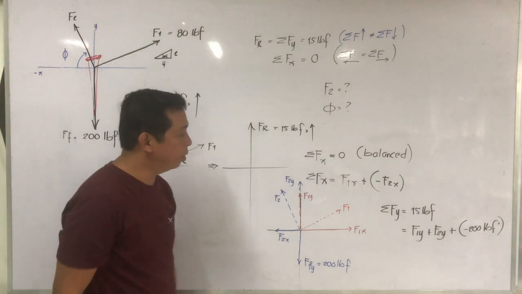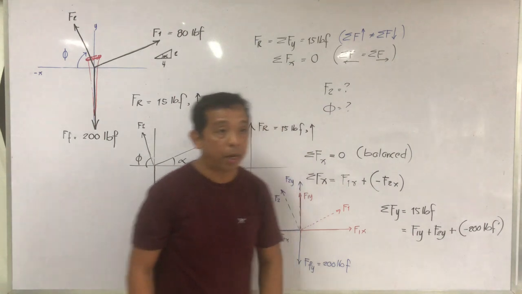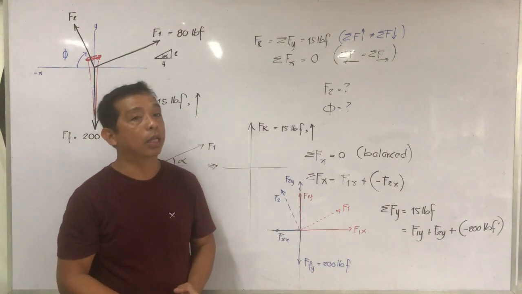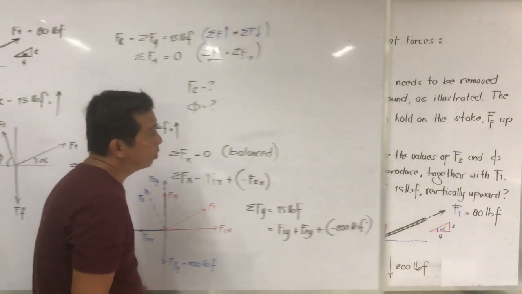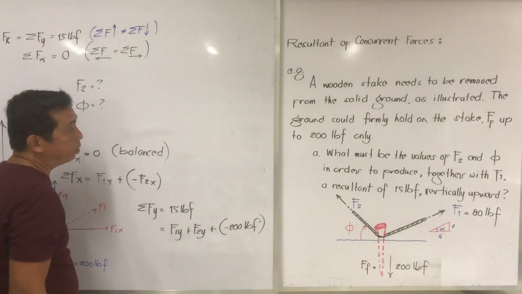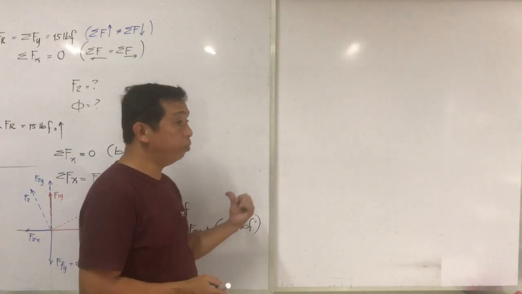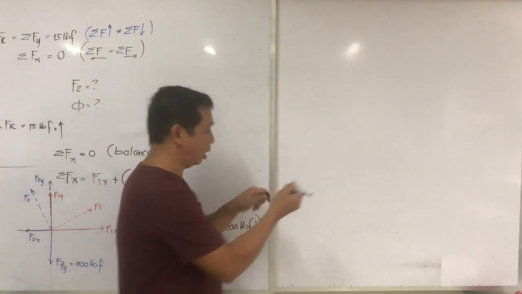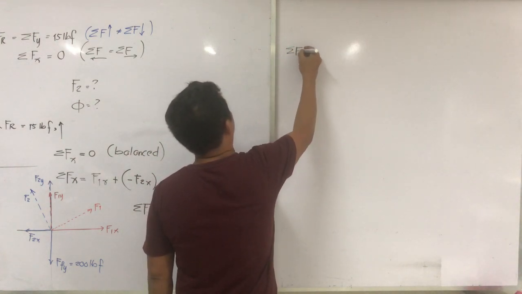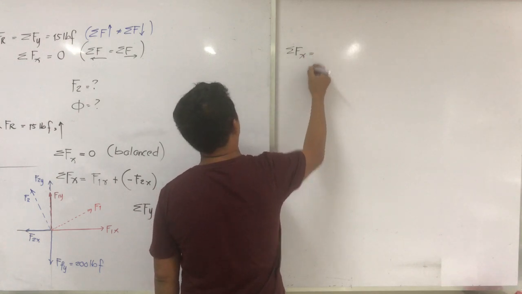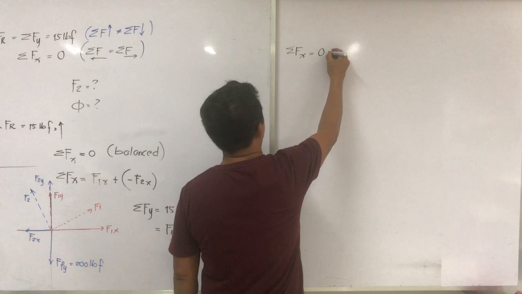Ang gawin natin, i-derive natin ang F2x at saka F2y para makuha natin mismo yung F2 at saka yung kanyang angle. Bilang pagpapatuloy, solve muna natin yung nasa horizontal axis. Ang sabi sa akin, ang summation ng lahat ng forces na nasa horizontal or x-axis ay equivalent sa 0 dahil wala namang resultant sa